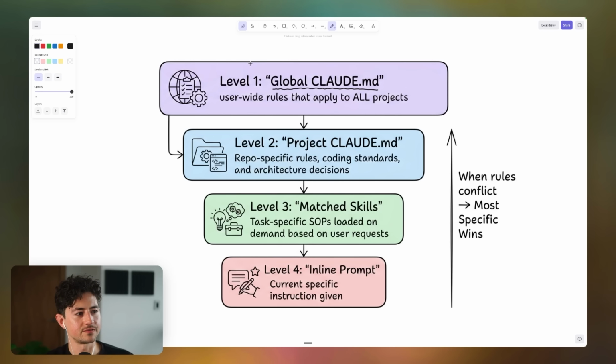The way this works is at the very top level, we have a global Claude agents or Gemini.md, and these are user-wide rules that apply to all of the projects that you start. And so at the very top, you'll have this sort of injected, and you can set this using a variety of different formatting conventions. You could look it up for the specific agent platform that you're using.